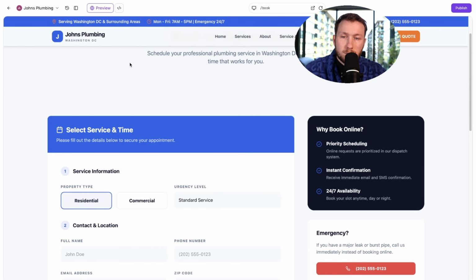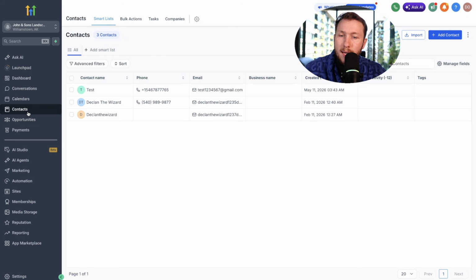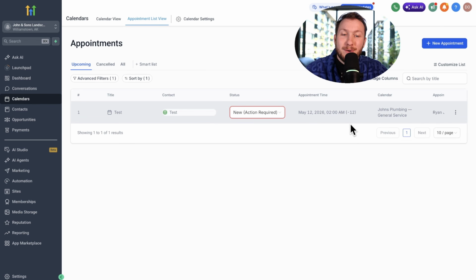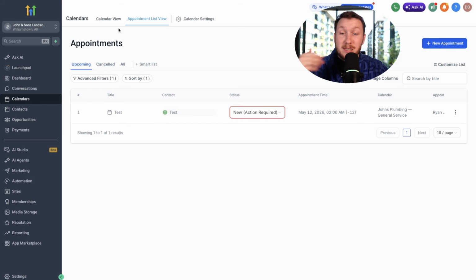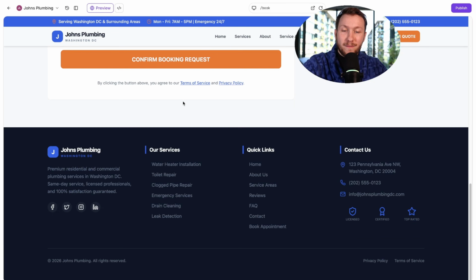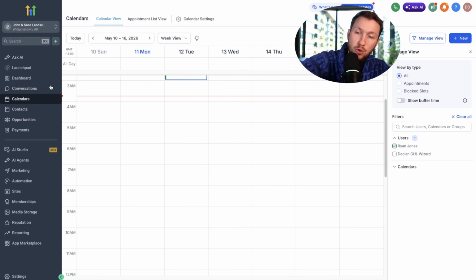Did it work? So we're going to hop on right over to contacts and look at that. That is beautiful. It went through, it created the contact. Let's go to calendars and let's see. Boom, boom, went through. It did it all. And we just threw in test. So obviously it's a test, but look at that. It went through and did all of it. So that's perfect. So our vibe coded website is now connected to GoHighLevel CRM.